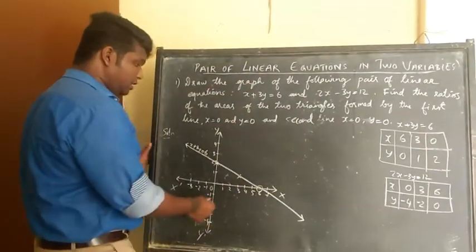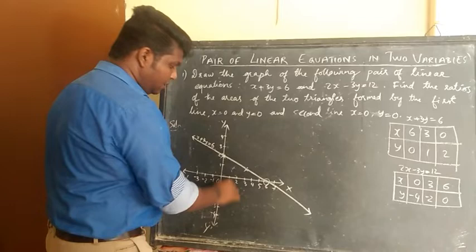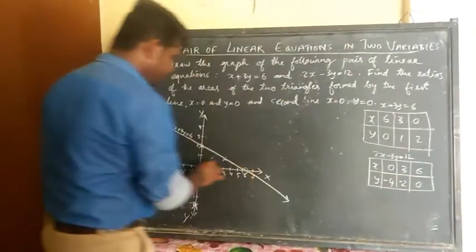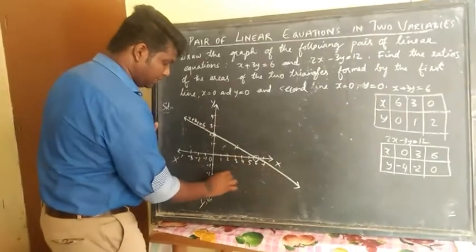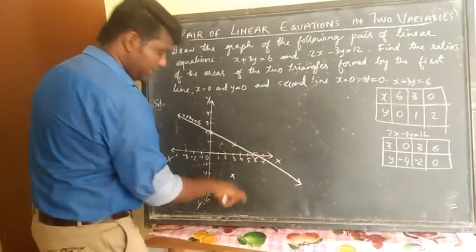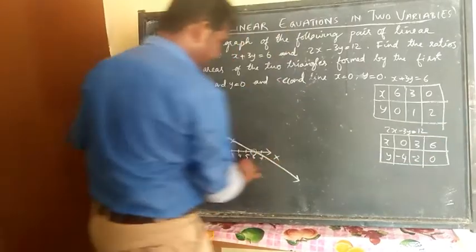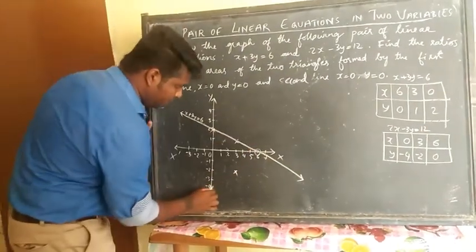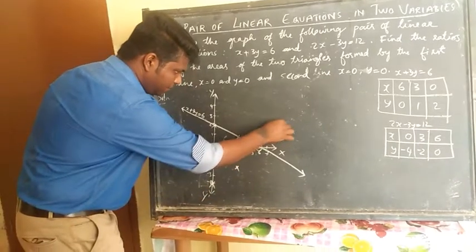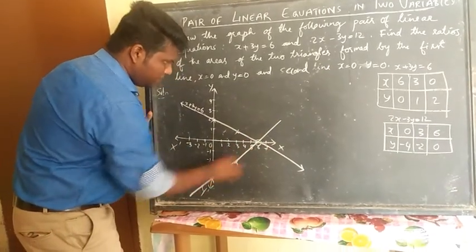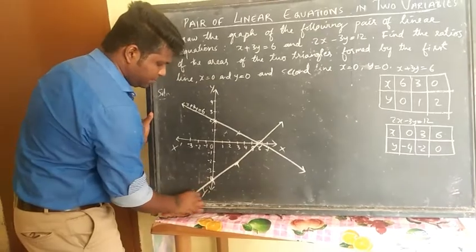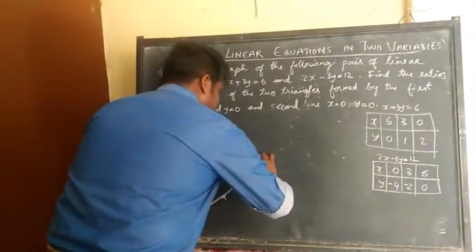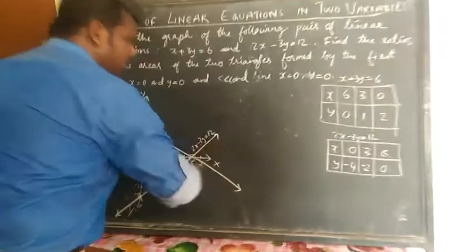Here, 0, minus 4. Where is 0, minus 4? 0 on x-axis means the y-axis. Minus 4. Here it is. Then 3, minus 2. 3 on x-axis. Minus 2 on y-axis comes below. So somewhere here. Third one, 6, 0. Exactly the same point. So joining these three of them together, you will get a line like this. So this one is 2x minus 3y is equal to 12.